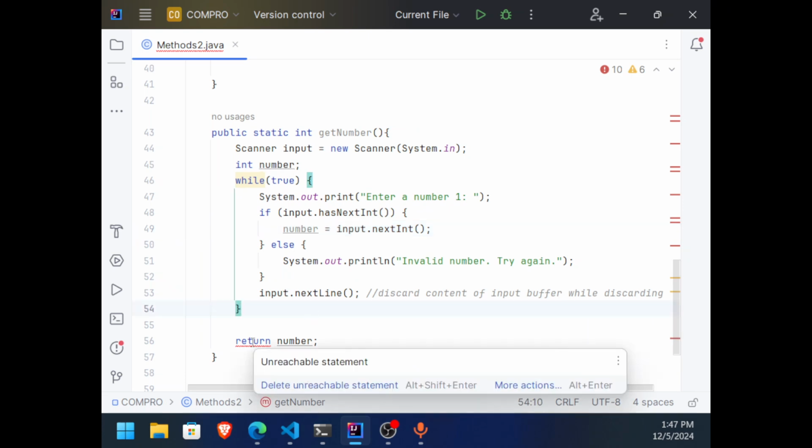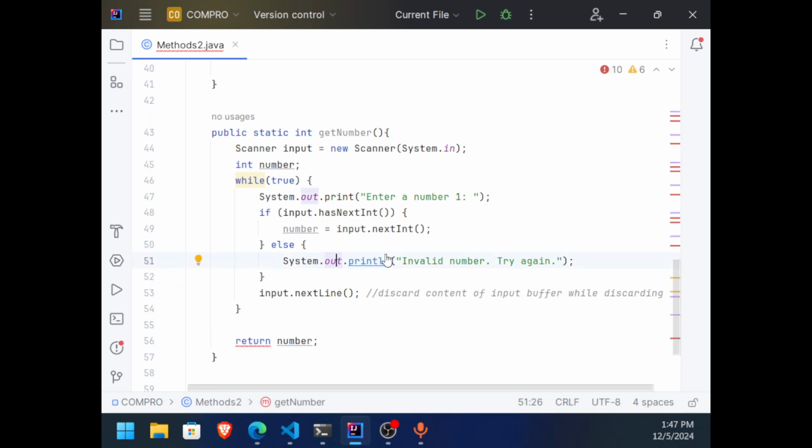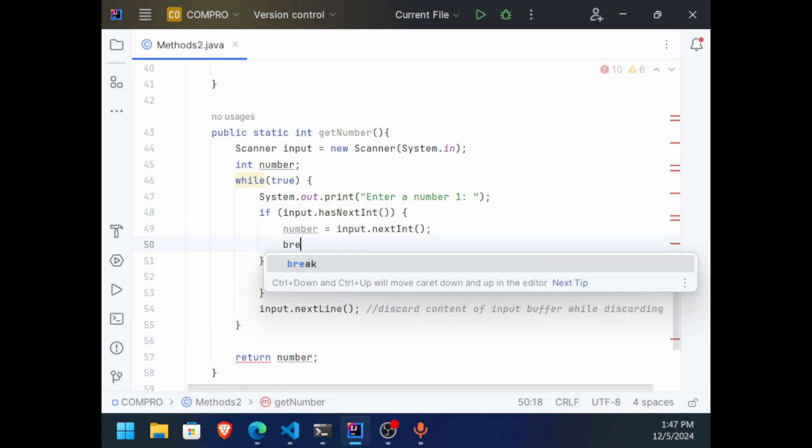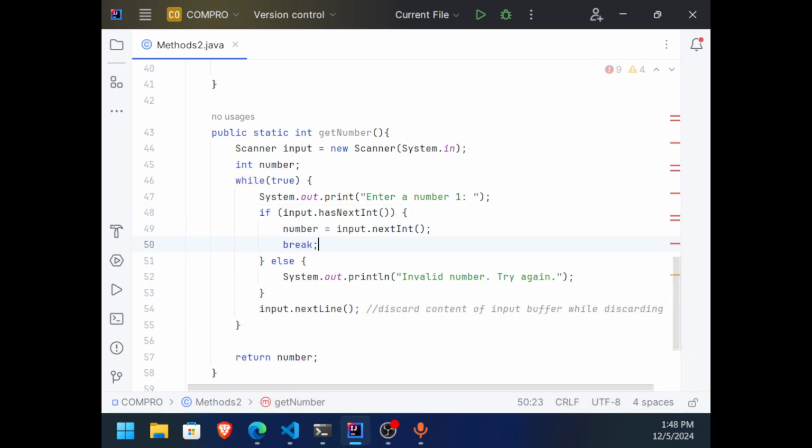Okay, but it says here unreachable statement. It says there because we have to add a break statement there. Okay, that's the alternative. But we can omit unnecessary code here, like this one. We don't need declaring another variable, and we don't need to place this in there.